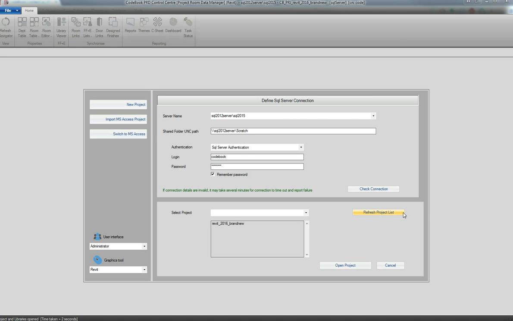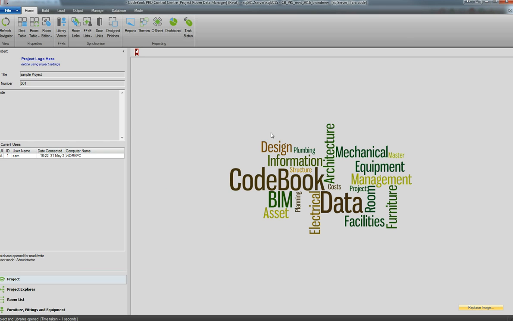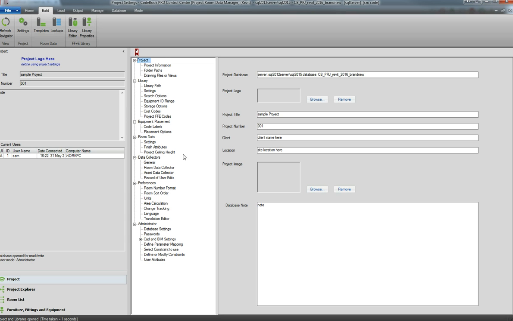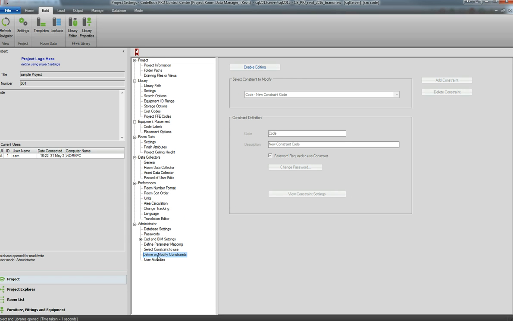Today we're going to be taking a look at user constraints. A little known feature inside of CodeBook is the User Constraints Manager. So we're going to take a look at this today and set some up. If we get into the Build and Settings and scroll down to the User Constraints option, we're going to look at the option for Define or Modify User Constraints to start off with, because we're going to want to create